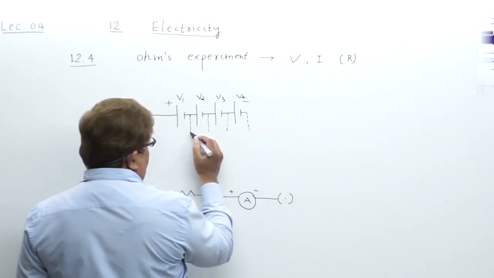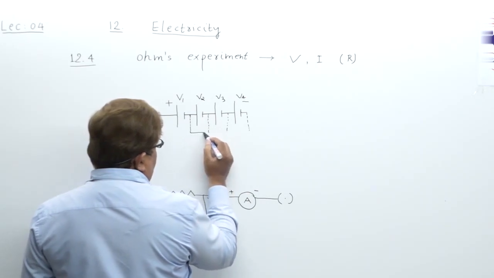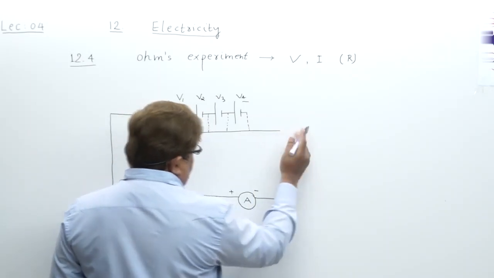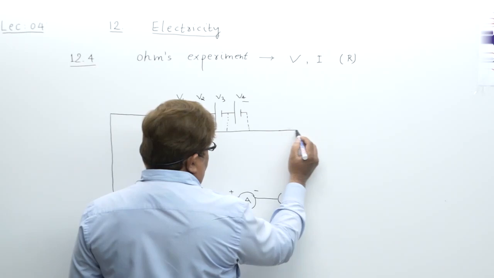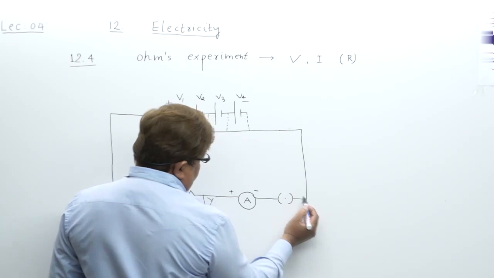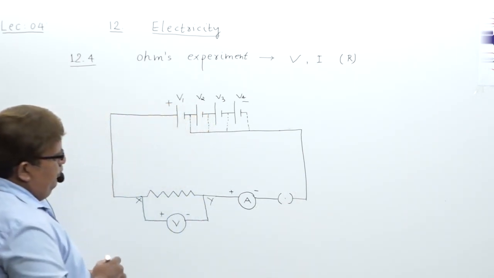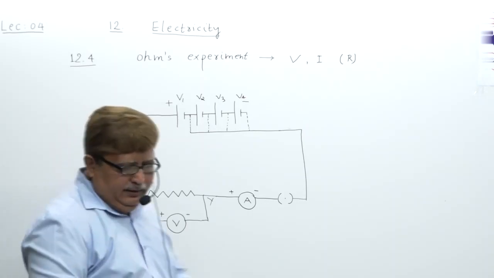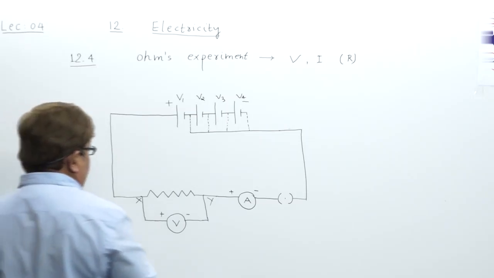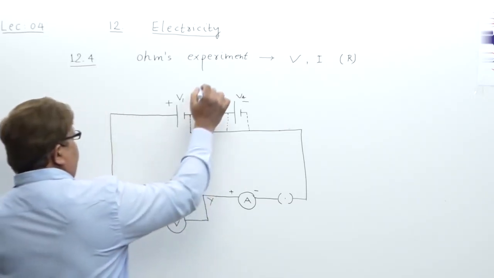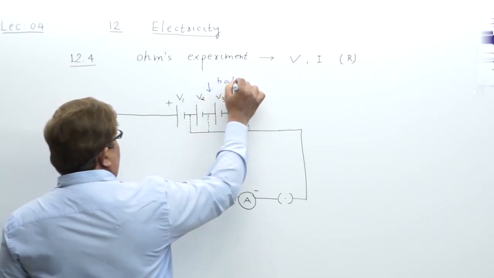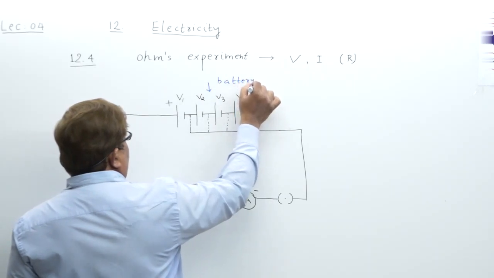Right? And then I will draw a solid line. What is the purpose of doing this? That you will understand just now, because we are not going to connect all cells at a time. Okay, that's why. So this is somewhat the diagram. Now, my dear student, if we just label it, what is this actually? It is a battery. Battery means, you all know, a series of cells.